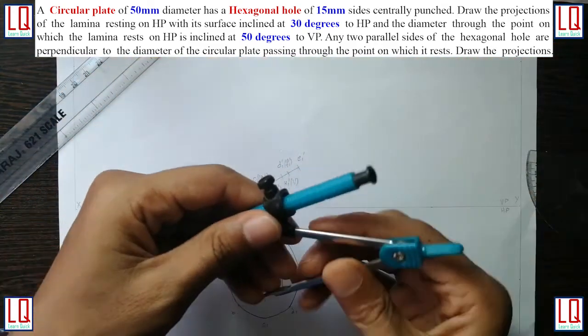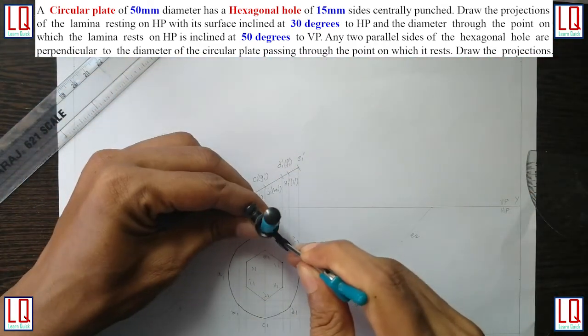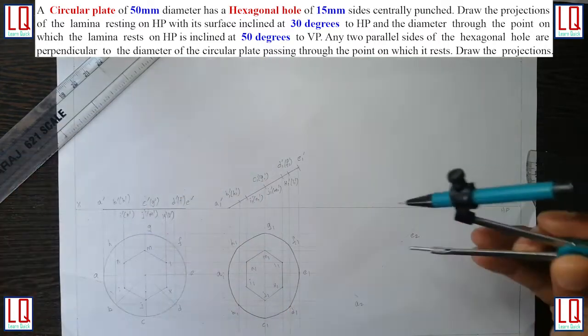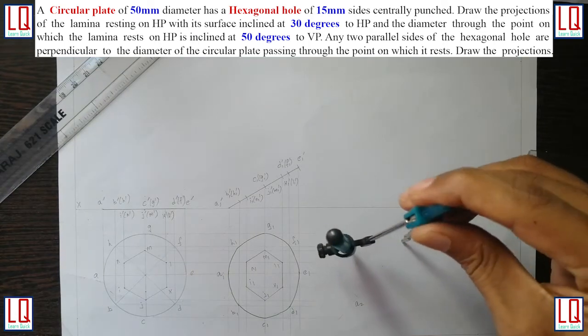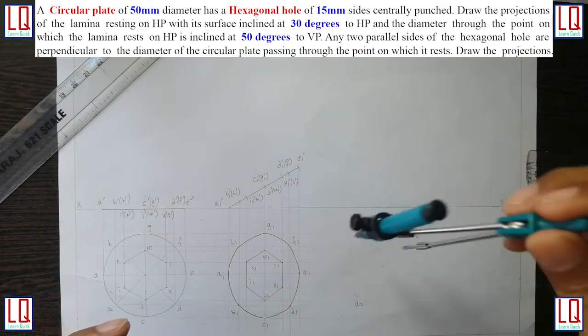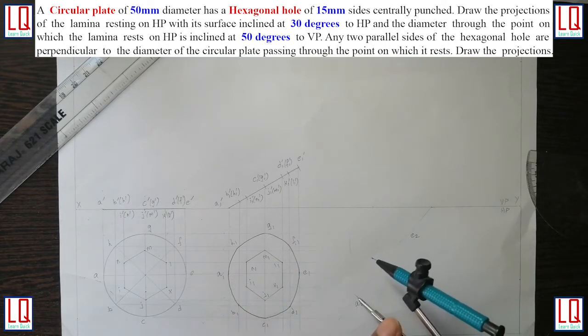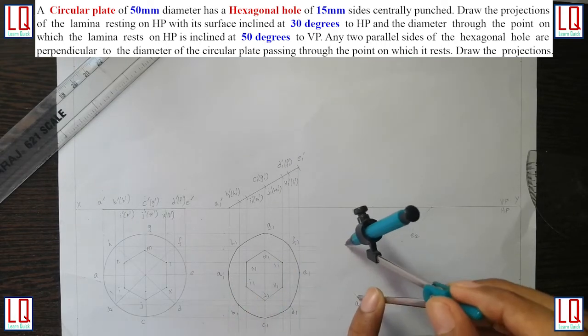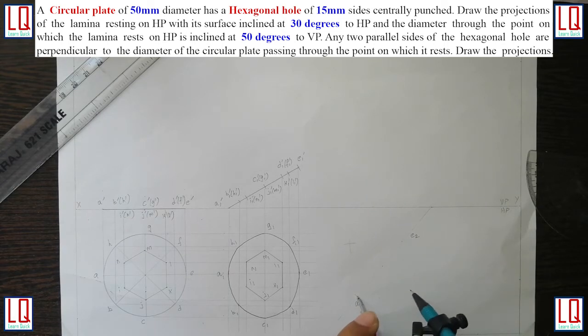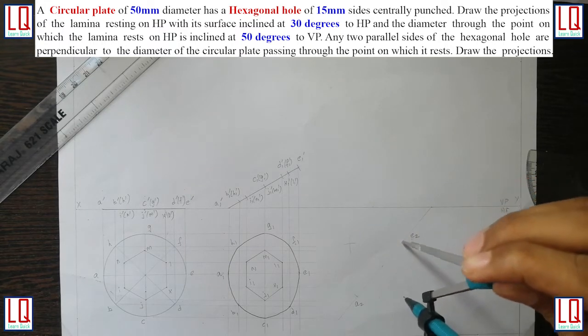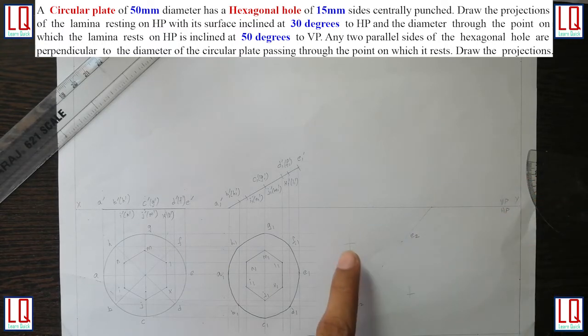So first from E, measure G. From E2, cut an arc. So the distance will be the same from A1 to G1. So I use the same measurement and intersect, and the same will be for A2 to C2 and then E2 to C2. So now these two intersecting points are my G1 and C1.